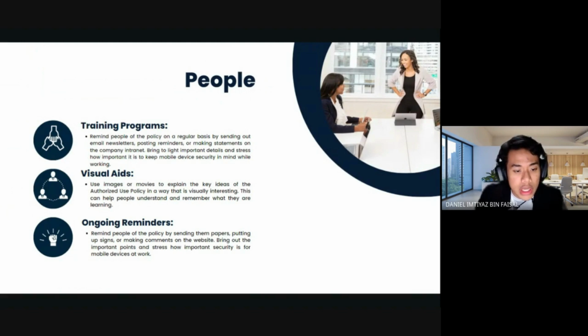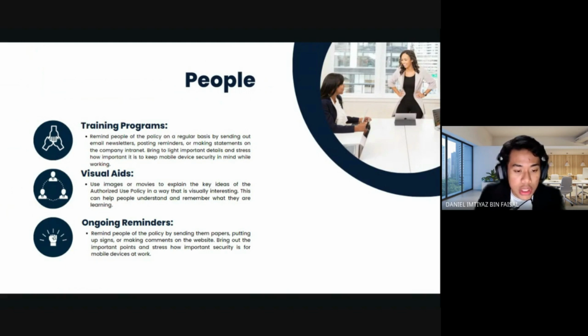Okay, next is visual aids. Make use of visually appealing tools such as infographics and movies in order to provide clear and concise explanation of important aspects of the authorized use policy, AUP, to the workers. The knowledge may be understood better and it may be retained better if you do this. Okay, the last one is ongoing reminders.